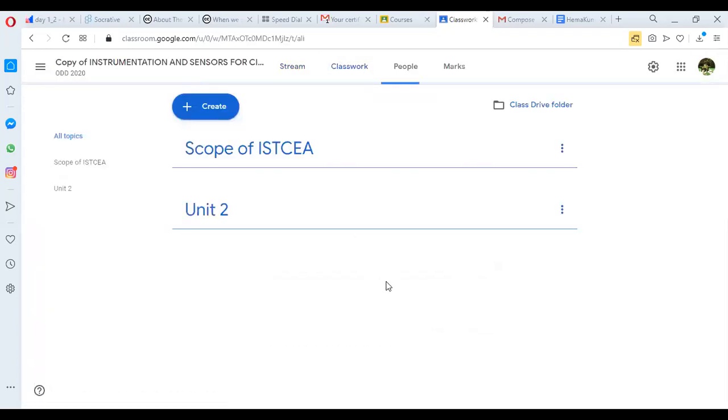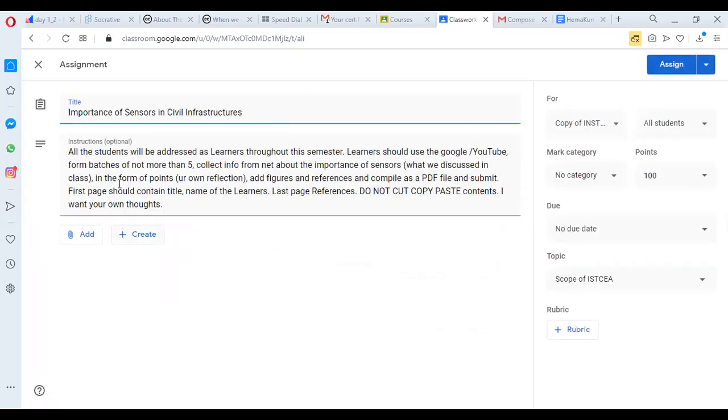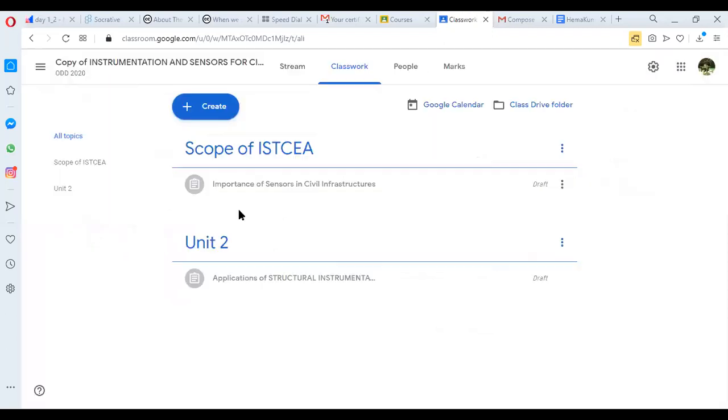You can see all the assignments that you have created. Still it is a draft. Okay, here I can go and edit it. Then you can make new instructions, whatever you want. And then you can assign to the students. Okay, that's the interesting part. You need not recreate the entire course again and again. So it will be copied. From that you can modify according to your requirement.